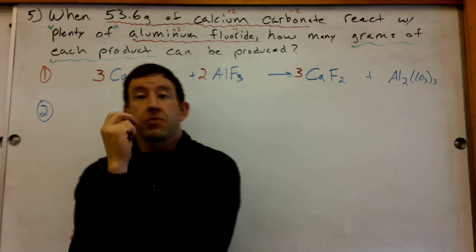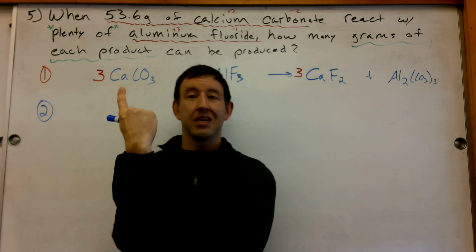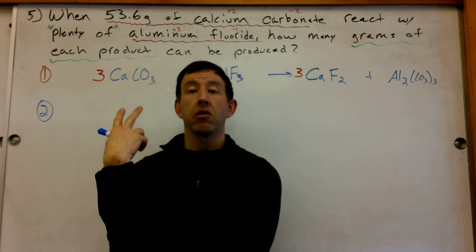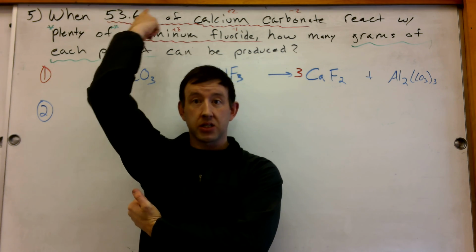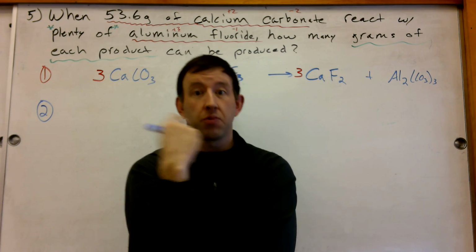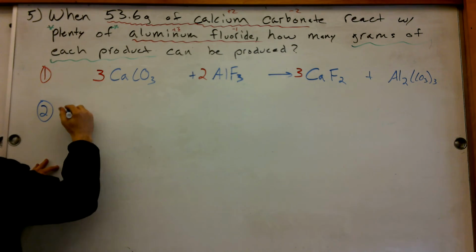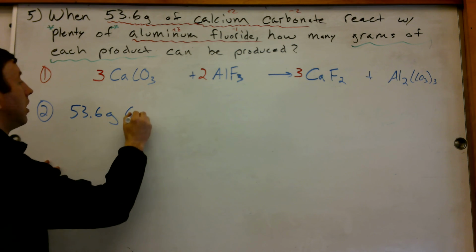So, step 2, we're going to convert our known quantity into moles. So what quantity am I given in the question, right? It's my grams of calcium carbonate, this number right here, 53.6 grams of calcium carbonate. So I'm going to convert that into moles, all right? So I'm going to take my 53.6 grams of calcium carbonate,